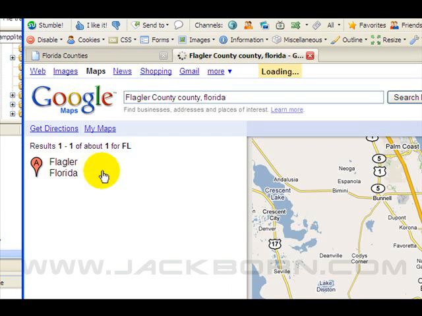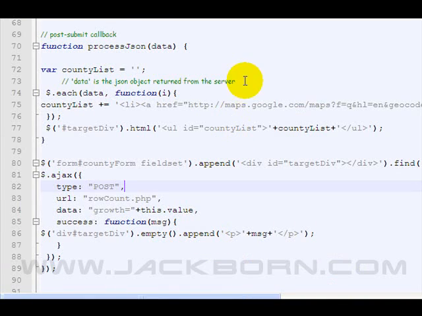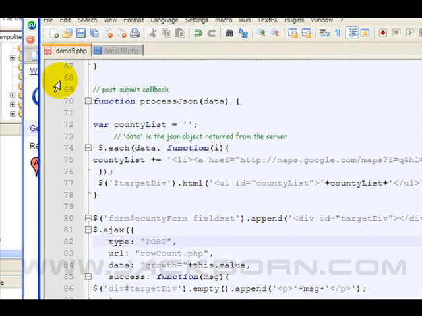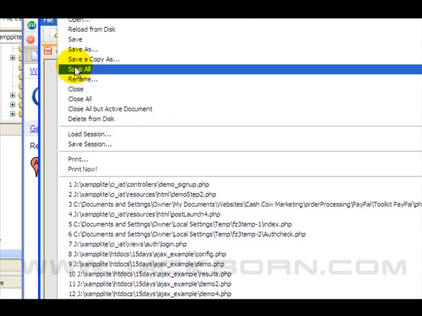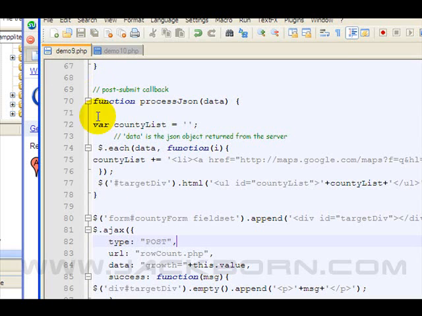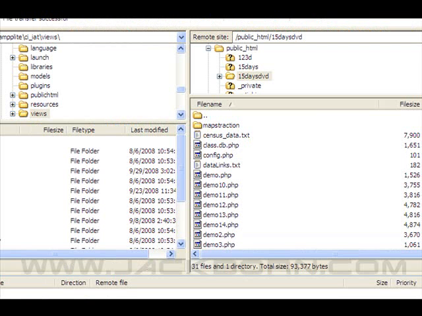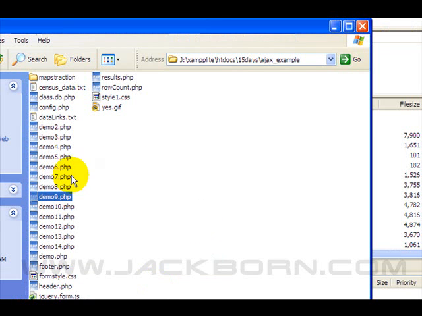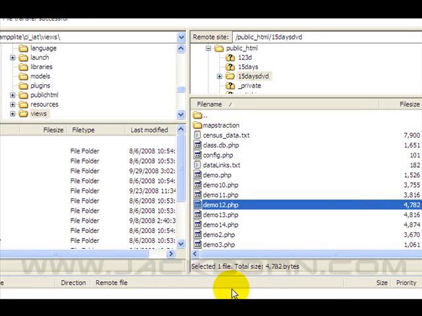Click Flagler County. And I thought I had made that change. Did I not save it? Oh, okay. See how it's red? I didn't save it yet. As soon as I hit File, Save, it's going to save that. Alright. I'm just trying to move too fast, so I'll click drag and drop, upload it again,